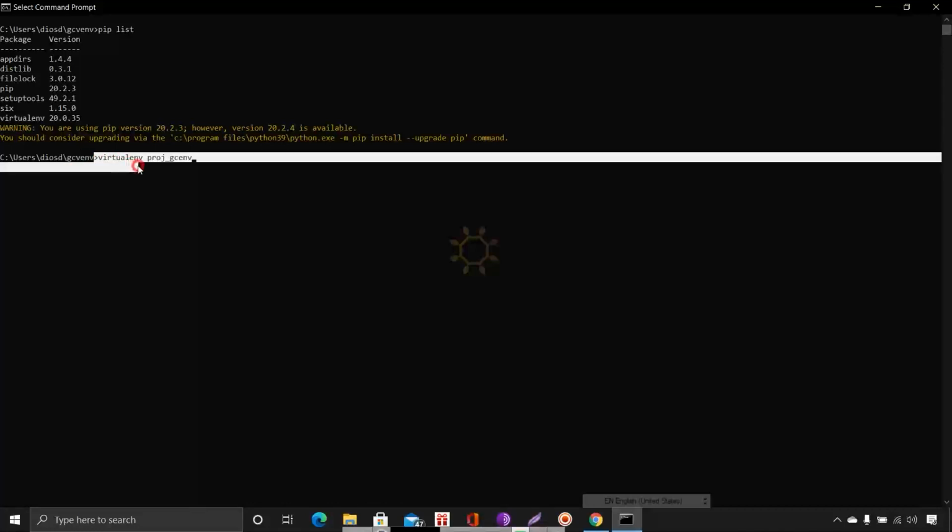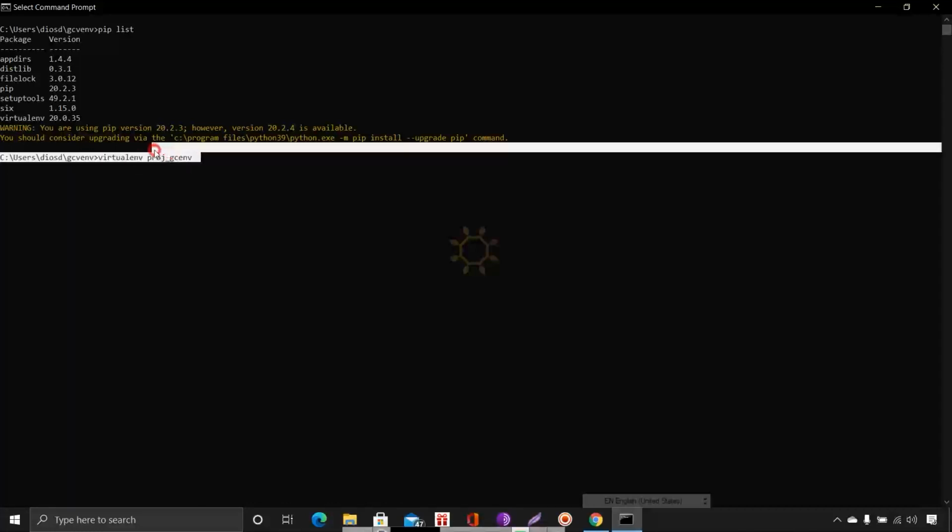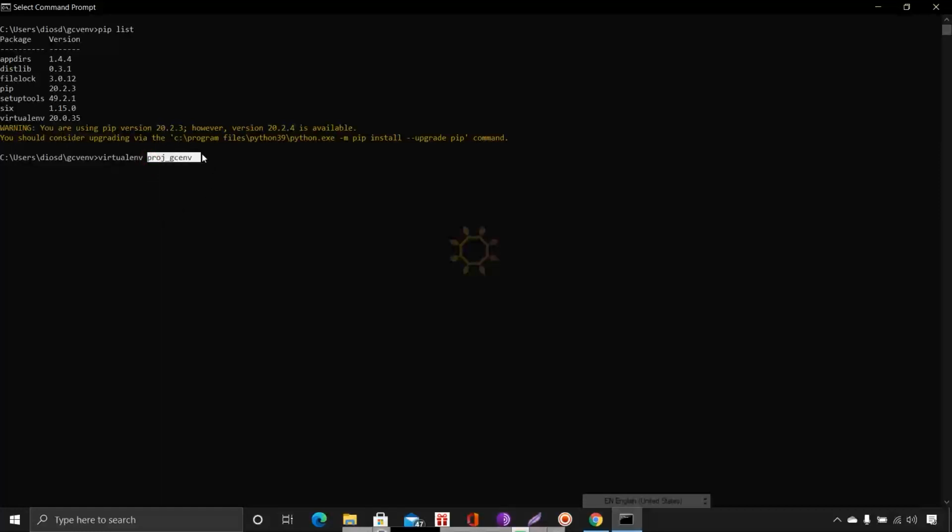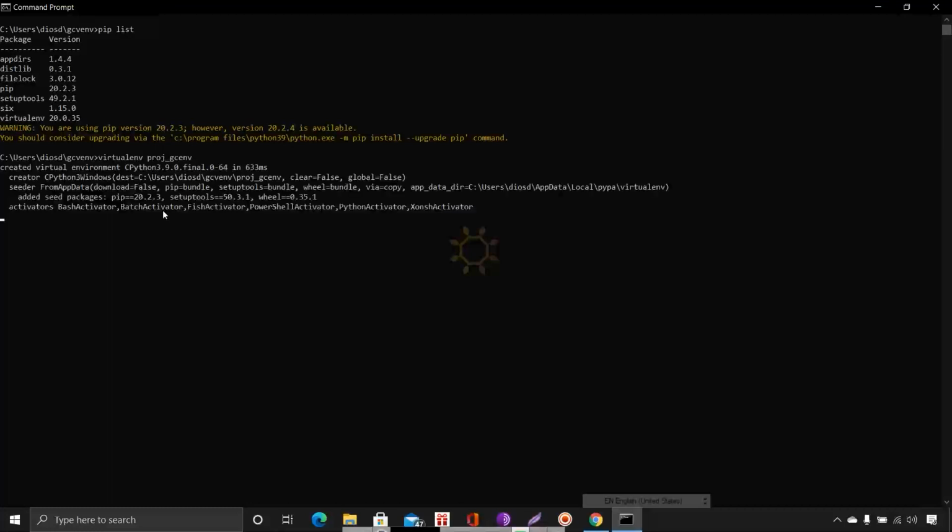Then type virtualenv, then give the folder name, the package name, because you can create multiple virtual environments. This is the first instance, and you can have multiple instances. So the first instance you can run like this. Now run. Okay, now it is created.